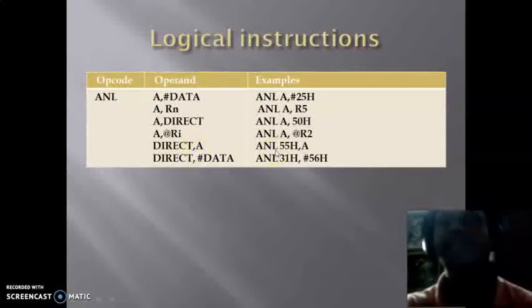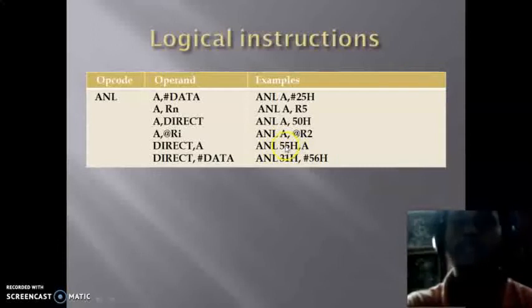And next is ANL direct, A. For example, ANL 55H, A. Here the content of 55H is ANDed with the content of A. That is the AND operation, and it affects the flags also. Now ANL direct, #data. For example, ANL 31H, #56H.